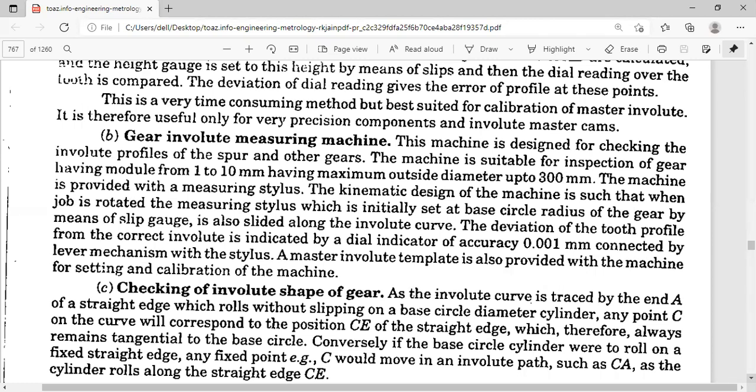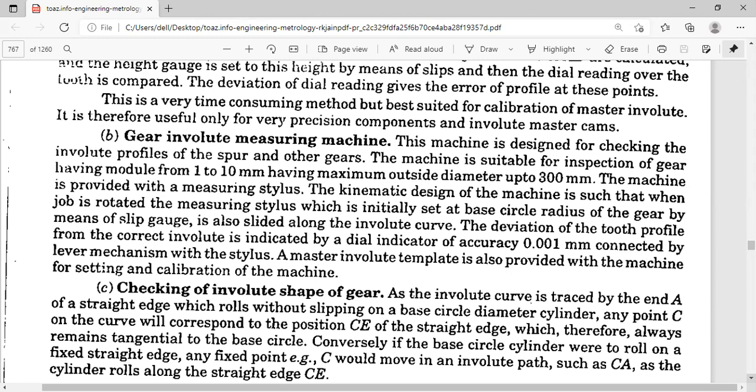So what is the principle of this measuring machine? We have to see. You just try to take a straight edge, just like a scale with a definite thickness. How do you make a straight edge? First you prepare the straight edge on the surface grinding machine in the lab with a definite length and thickness, just like a rectangular block.